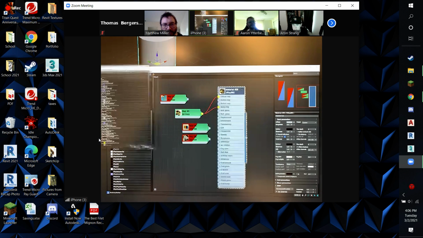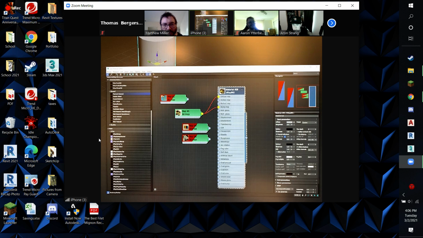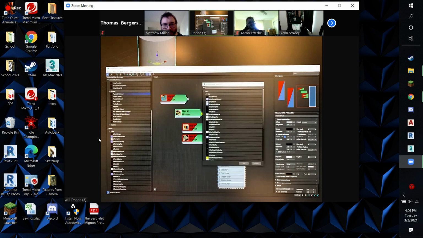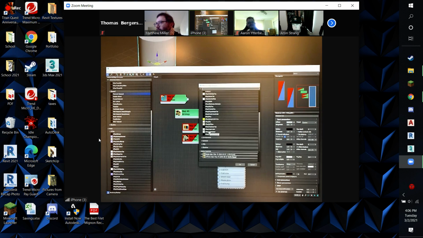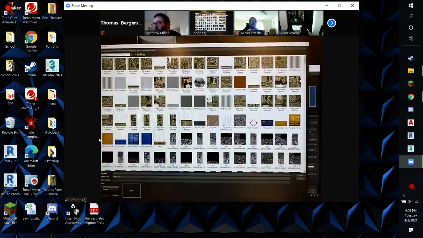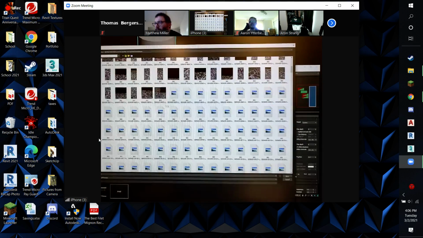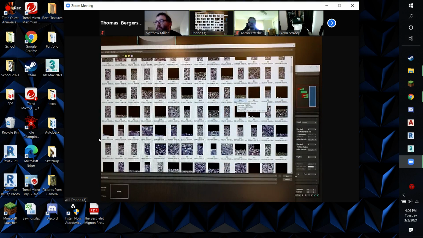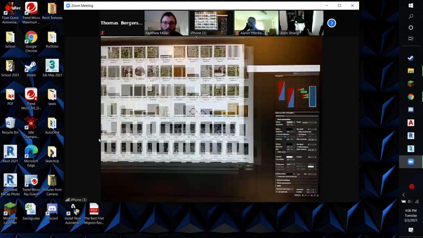Now, the main map that I would suggest getting used to is bitmap. The reason why is that if you can find bitmap, which should be under general, about 2 down, you have advanced wood and the next one's bitmap. Bitmap is basically just browses to whatever photos you're looking for. So inside here, you'd click on the one that you want, double click on it, and then boom, it automatically